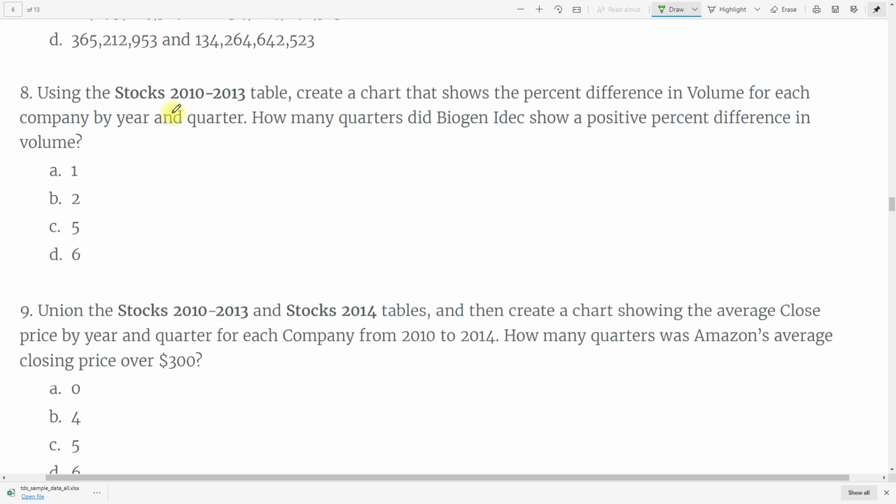Next question, we are going to use the same table. Create a chart that shows percentage difference in volume for each company by year and quarter. How many quarters did Bygone IDEX show a positive percent difference in the volume? So to answer this question, we need the volume measure,